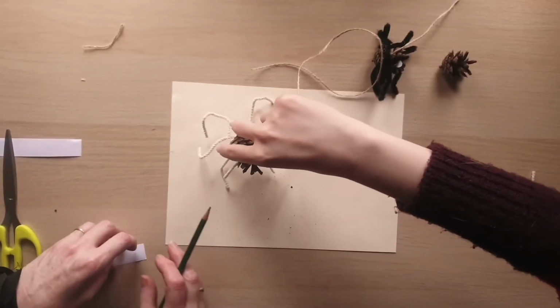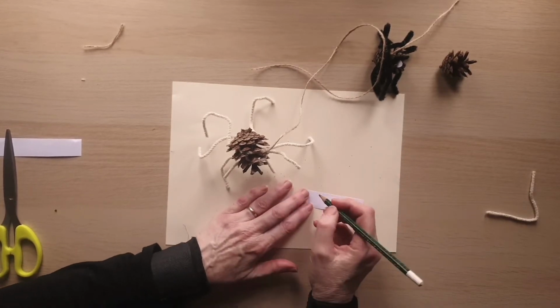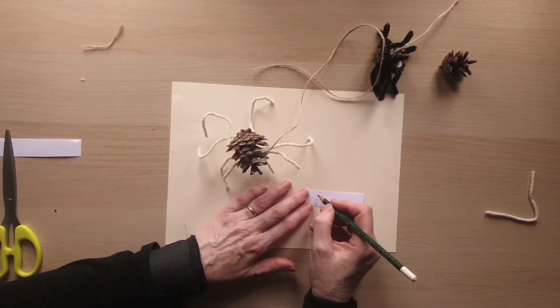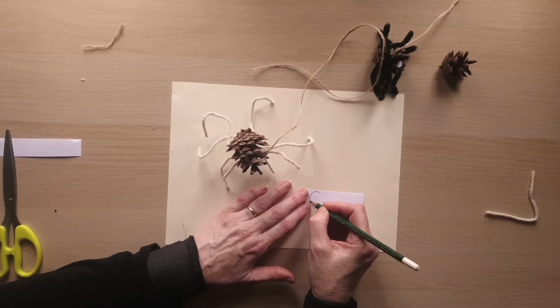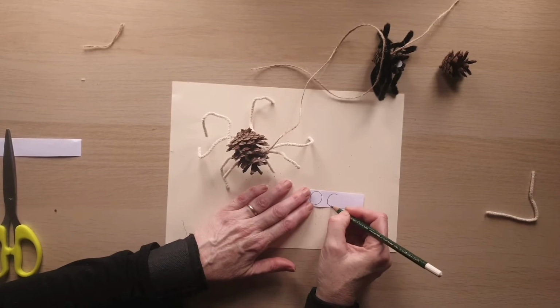He hasn't even got his eyes on yet. So let's do his eyes now. Now we think really big ones because he's a big spider. So you just get your piece of paper. I've got a pencil, but you could always use a pen. And we need to give some big, round...